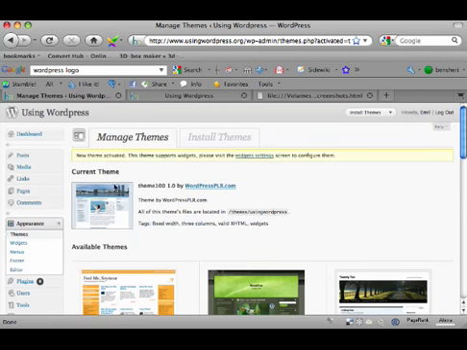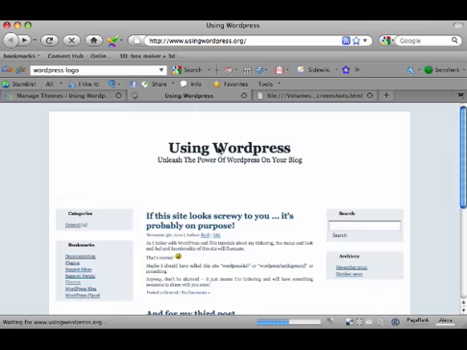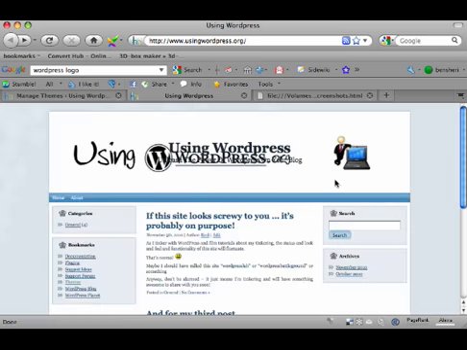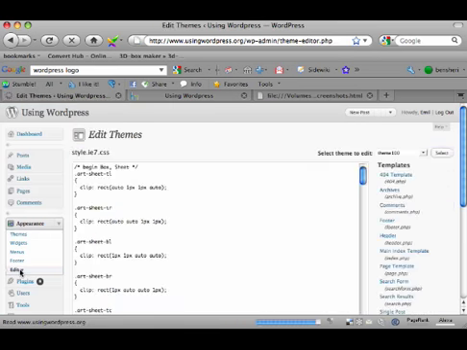Now the screenshot.png file is what shows in your preview. You can change that if you like. It shows the original header. I'm not going to bother because that's just for your own reference. And refresh, and there's our brand new theme. Now you'll see the title of the blog and the description is still in there because that's what the WordPress theme wants to do. So last step is go to the editor, so appearance, editor, go to the header,